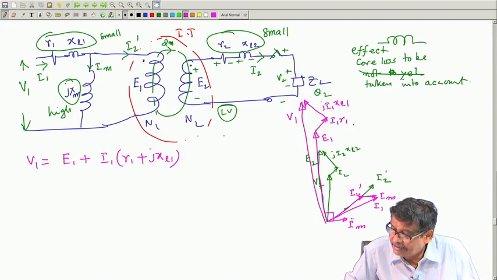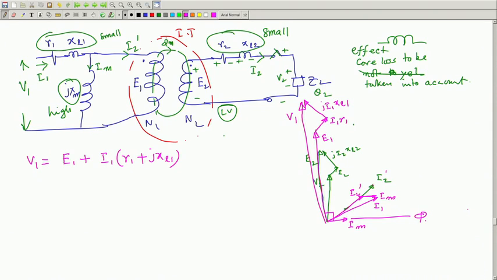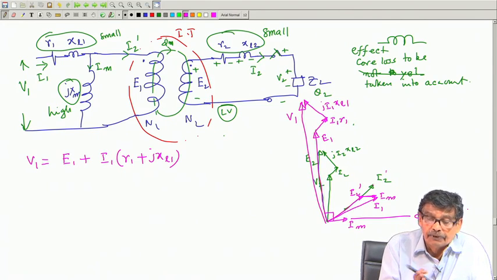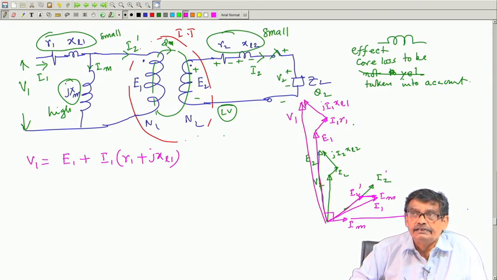This will be the diagram, and here is the flux along this line. I think you have got the idea. It looks like, oh, it is quite involved. No, not really. We will see later how things will become much easier. With few approximations here and there, things can be further simplified. So, what I told you is that it is almost a practical transformer, except core loss is yet to be taken into account, where I have considered the winding resistances R1, R2, where I have considered the finite magnetizing current, and the effects of this are easily seen.